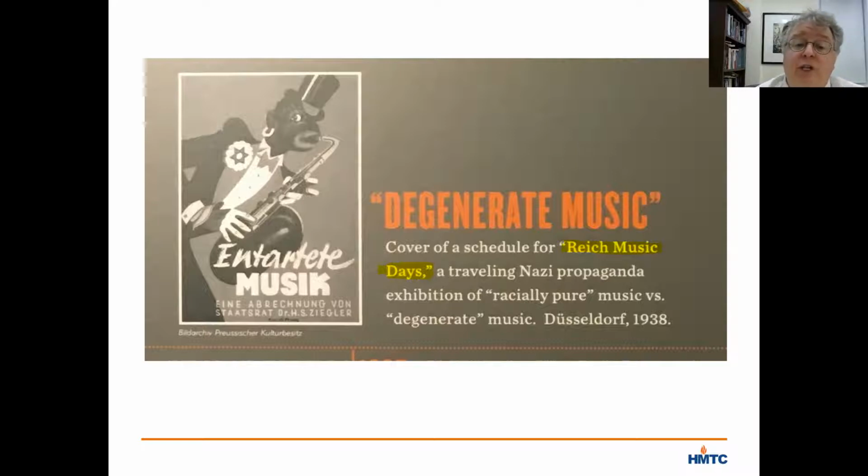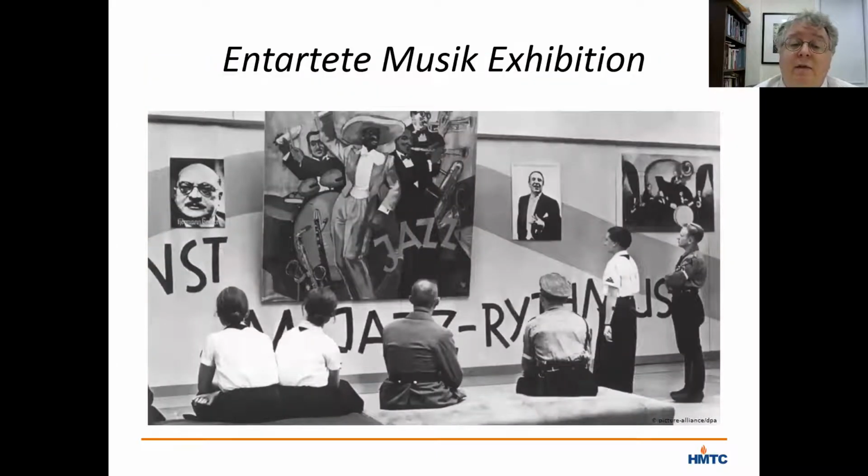Jazz and swing music also had been banned because of the involvement of both Jews and Black artists, who the Nazis believed were an inferior race. So the Reich Music Day Festival was held to celebrate German music that the Nazis heralded as culturally superior to all others. But much like the pairing of the Great German Art and the Degenerate Art exhibitions